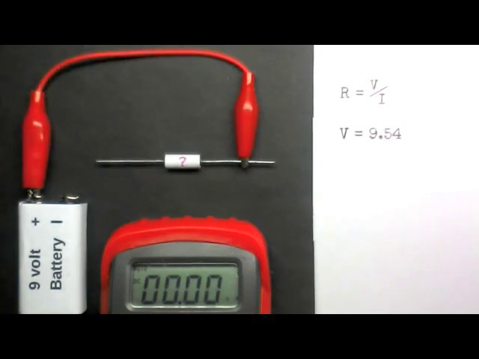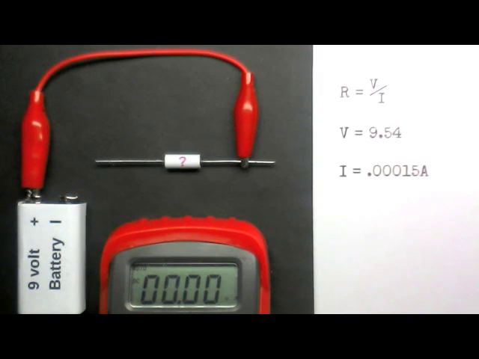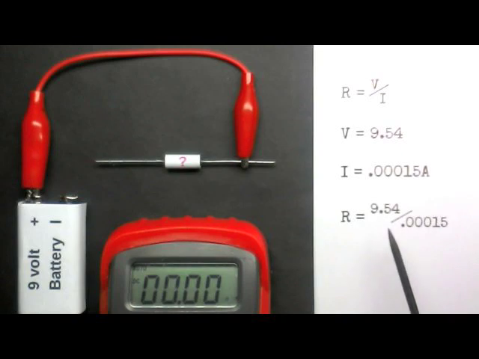And as we now know, that equals 0.00015 amperes. We have our two values, so let's plug them into the formula. Voltage divided by current. And when we do this calculation,